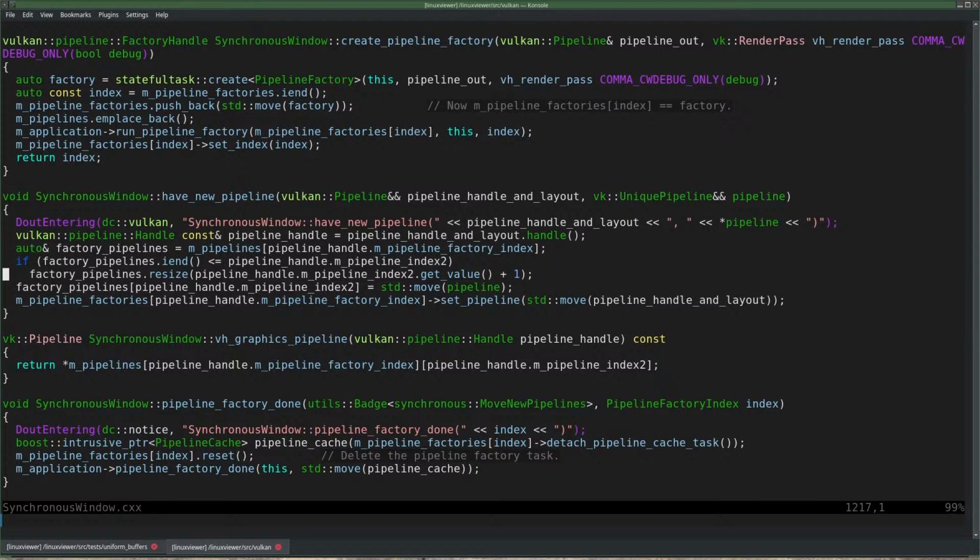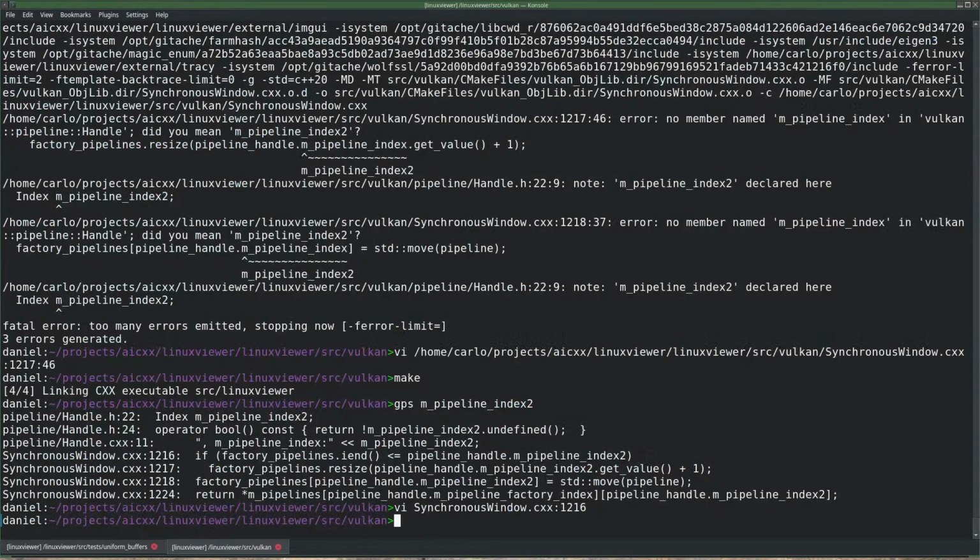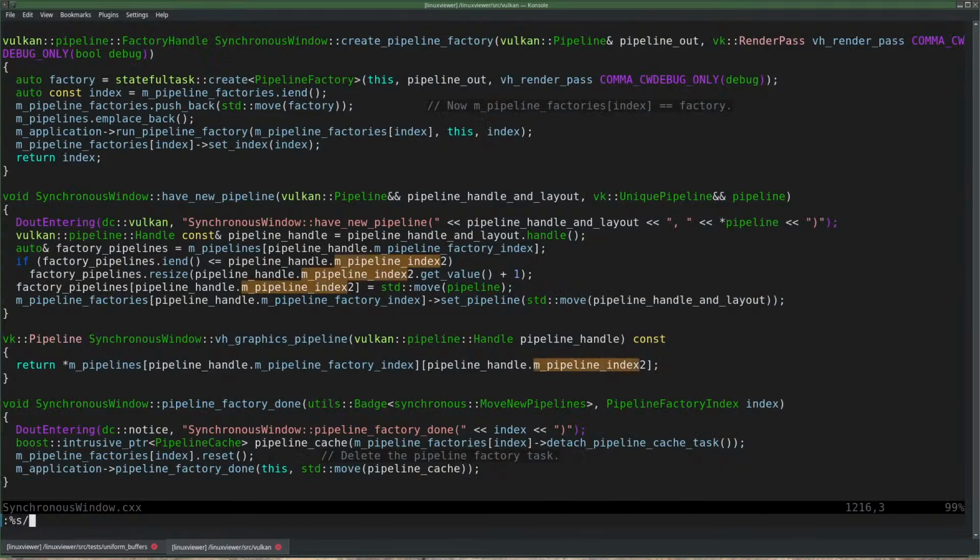I'm not feeling very certain about all of this at all. I mean, the whole design seems a bit... I keep supporting these characteristic ranges, but it's starting to feel like it was an error. Anyway, didn't edit here or anything, so let's just go out of it, and then I'll have to rename all of it back, so we go back into it. Rename the pipeline index 2 back to